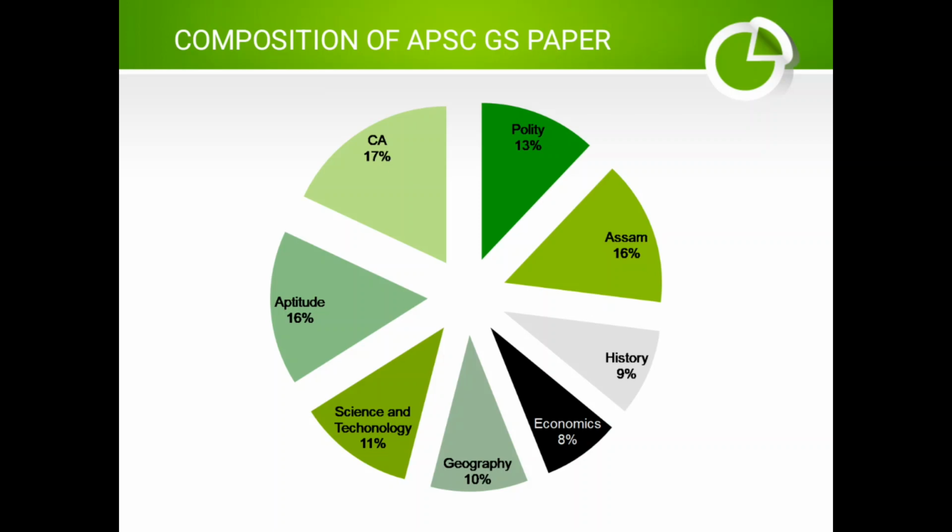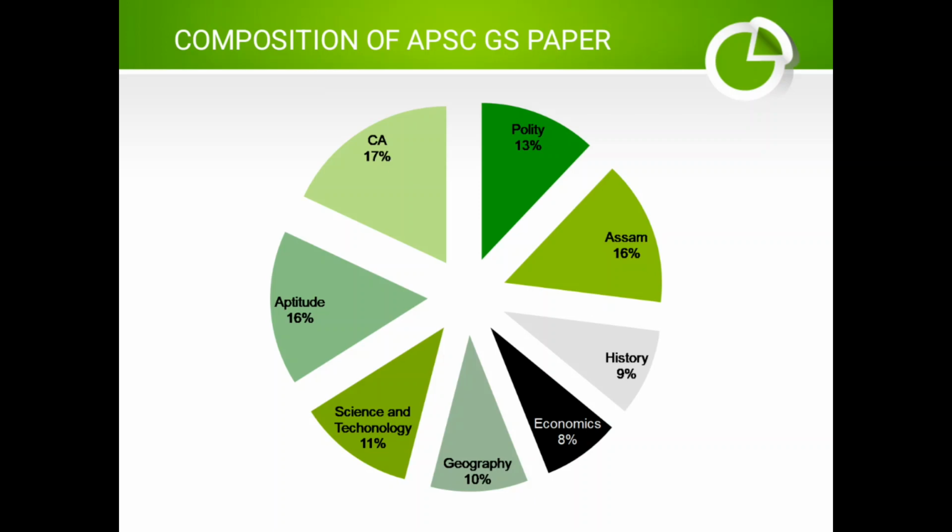Now, as per my analysis, this can change. If there is a question on, suppose, where the Kaziranga National Park is situated, that question can be put in geography as well as in the Assam category. So every person has their own perspective in categorizing a question. This is my perspective, and I have divided the questions in this way. These percentages might change plus or minus 1 or 2% with every year's question paper, but broadly, if I see the average,